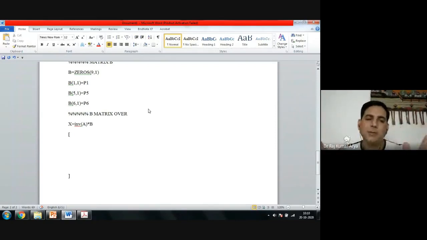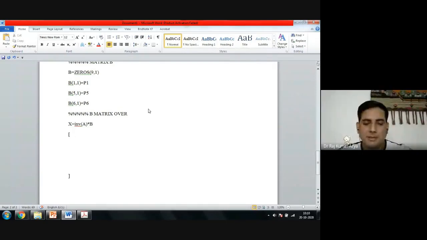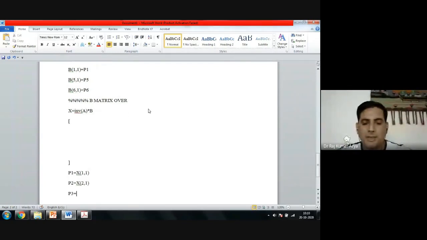So the first three values are for P1, P2 and P3. So P1 is x(1,1), then P2 is x(2,1), then P3 equal to x(3,1). So you got these three values from your calculated x.